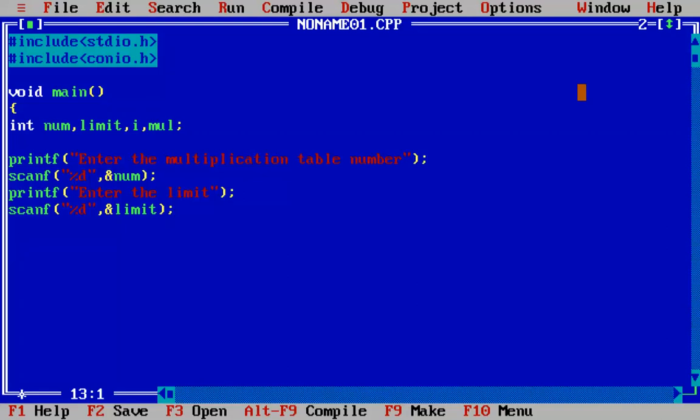Now as we know, we have to do the multiplication as number multiplied by 1, then number multiplied by 2, number multiplied by 3, and it will move on up to the limit, right? And for this multiplication we have already taken a variable mul, so we will first of all initialize this mul as 1,